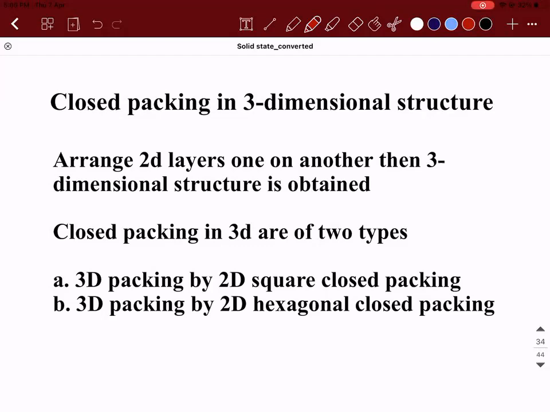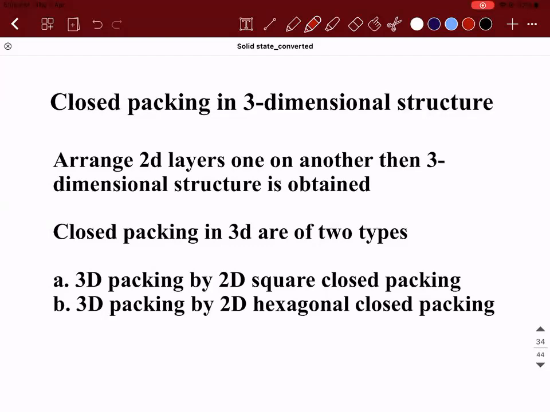You continue. So this closed packing in 3-dimensional has 2 types. First one is 3-dimensional square closed packing. I have already drawn a picture. Remember, that is nothing but length, width, and height. I have already explained with arranging all the books, one book on top of another book: length, width, and height. That is nothing but AAA type.